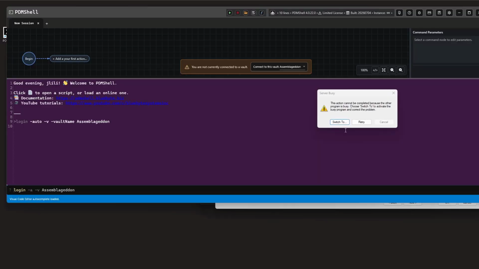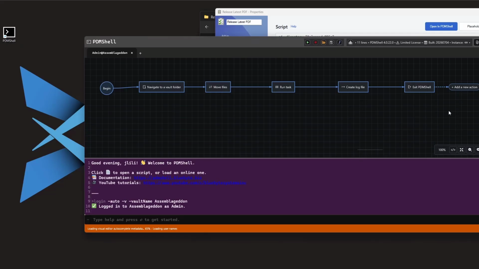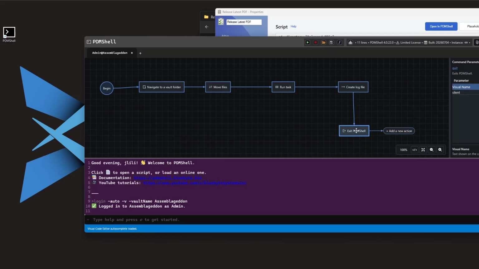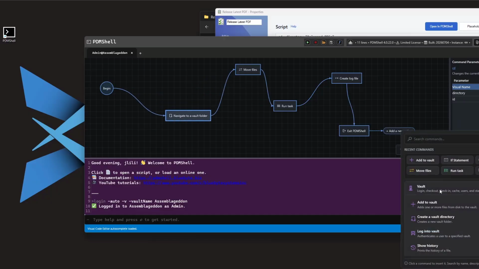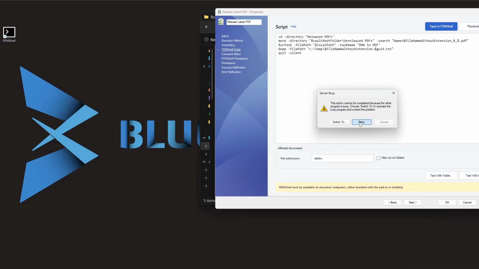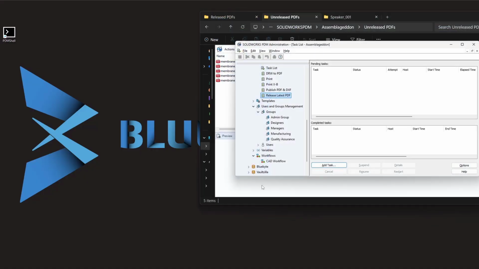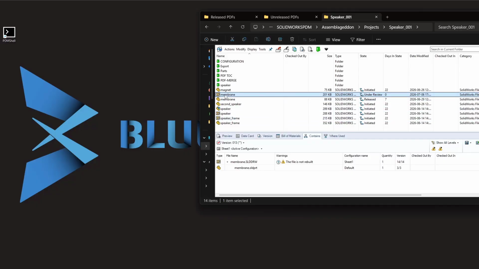I'll need to update, and the code is loaded into the workflow editor right here. We have the ability to edit the code in a much more user-friendly way, and then you can add as many commands as you want depending on your needs. So I'm going to close PDMShell and then cycle back here, and I don't have to confirm any changes here, so I'll click on cancel, and I can go back to my speaker directory where we have our drawing,